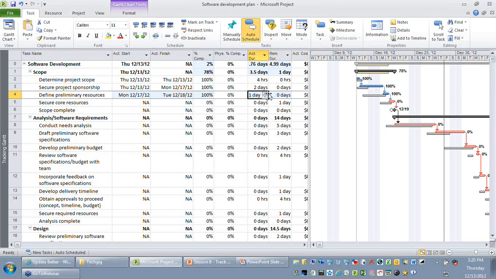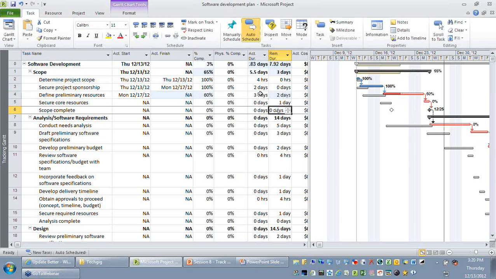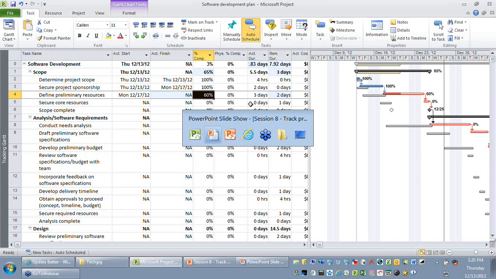But if this activity took more than 1 day to complete, you just need to revise the actual duration to, let's say, 3 days. And if you have more work to be done, just revise the remaining duration to 2 days more. You can see based on your actual and your remaining, which means since 3 days of work is completed out of 5 days, the percentage complete has been calculated as 60%.